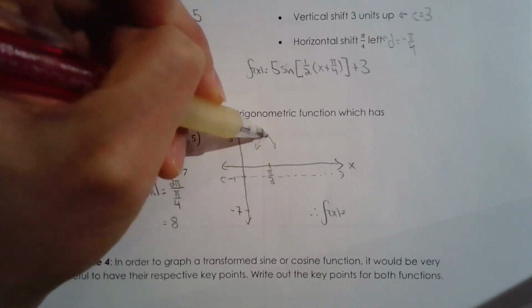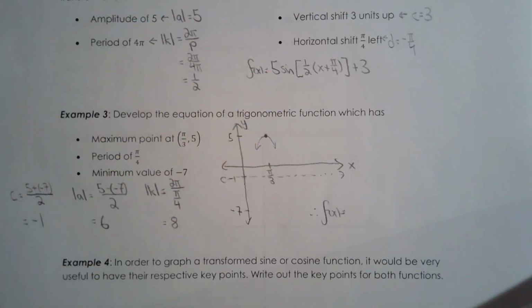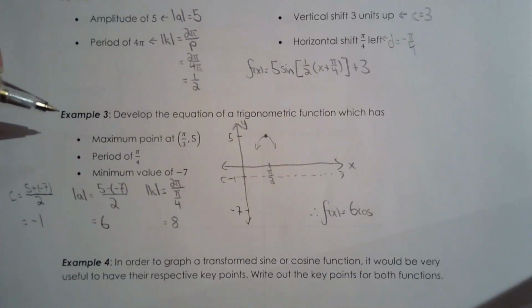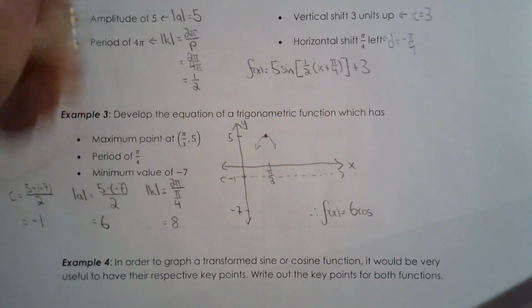okay, since I start at a maximum, that means there's no reflection with respect to the x-axis. So it's positive 6 cosine, k is 8,